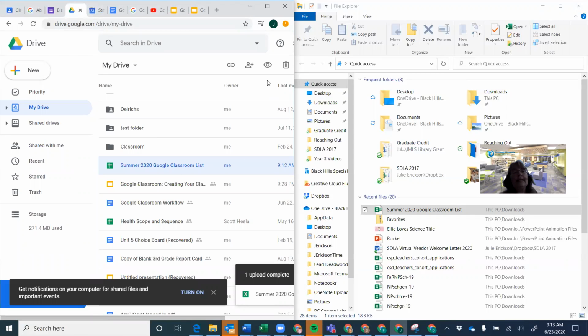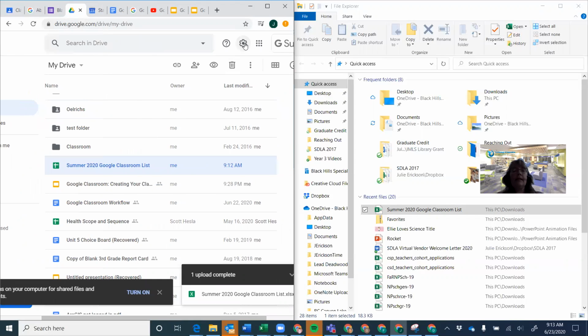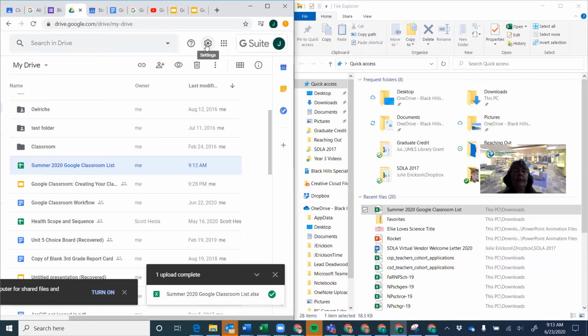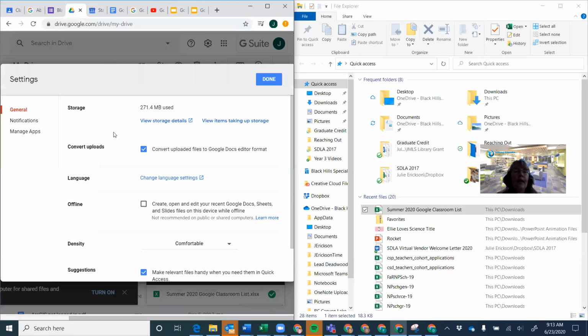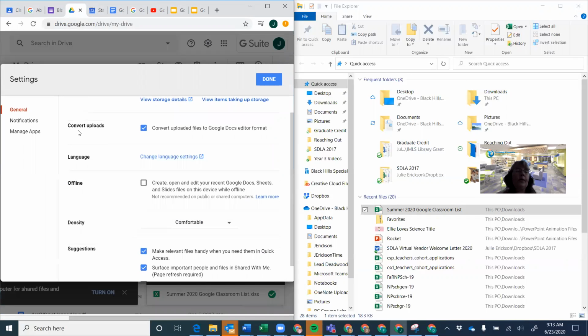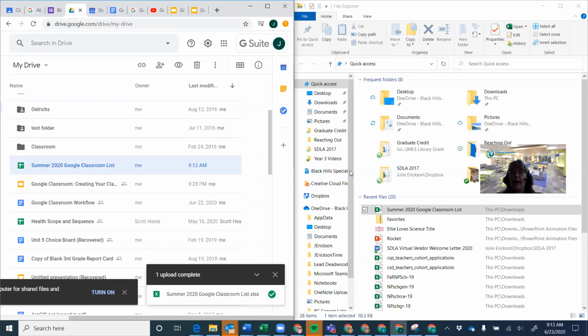That's because of my settings. When I look at my settings, if I go up to the gear and click on settings, I have an option here where it says convert uploads. It says convert uploaded files to Google Docs editor format. If I uncheck that and say done, now if I upload this file over,